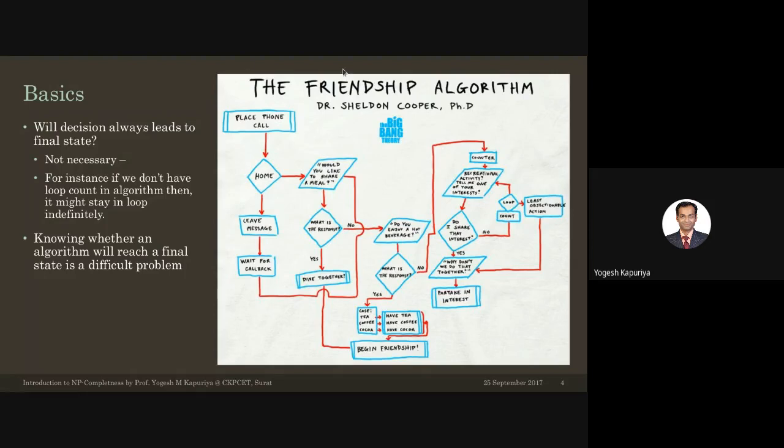Imagine that it's a kind of processor where you actually give a process to execute. So consider or imagine that this is a process which you are giving some input as well, some data to that process, and then you have a processor which actually executes this process on this data and can tell you whether this algorithm or this process can be executed or not. So that kind of scenario was there.